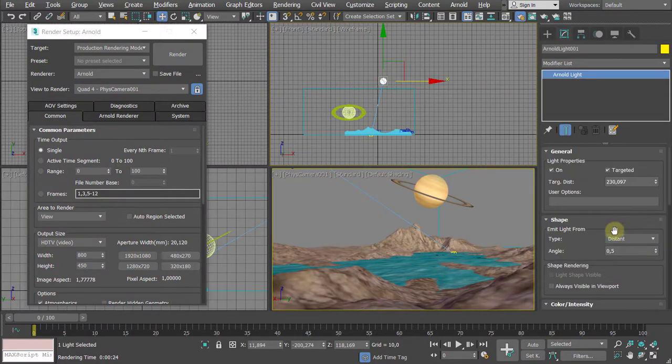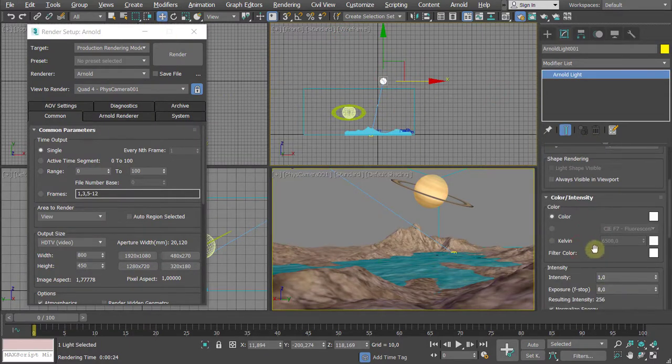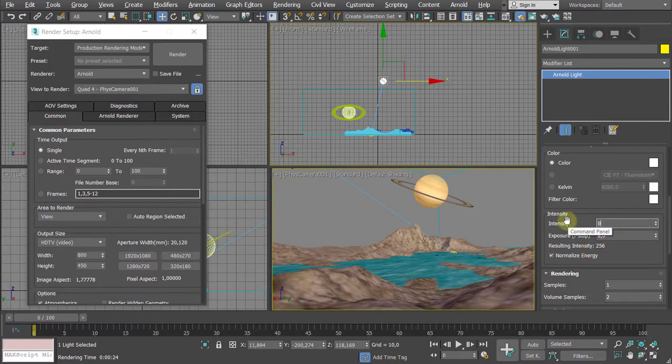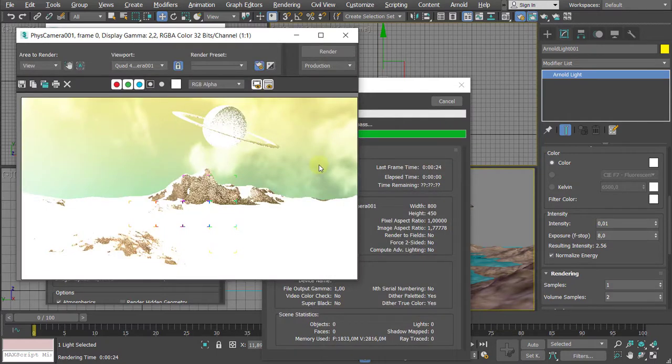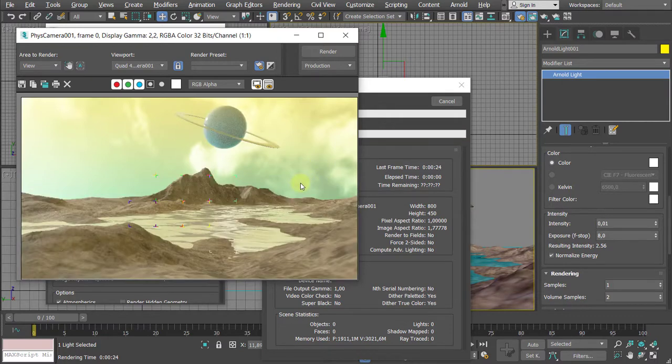So let me select the lights and change this value to 0.01. Okay, it's really low. Resulting intensity is 2.56. And let me see what's going on and how it looks now. Okay, so it's much nicer. All right, so this